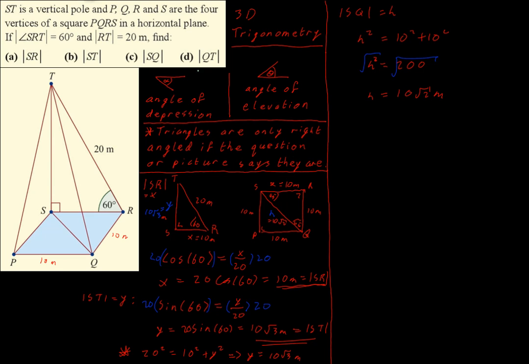And what's my last point that I'm looking for? QT. I don't have a diagram already for QT, so let's go back to our original picture. QT is our diagonal that's kind of coming out of the page at us this way. So I need to draw this triangle. Is it a right angle triangle? Yes, because